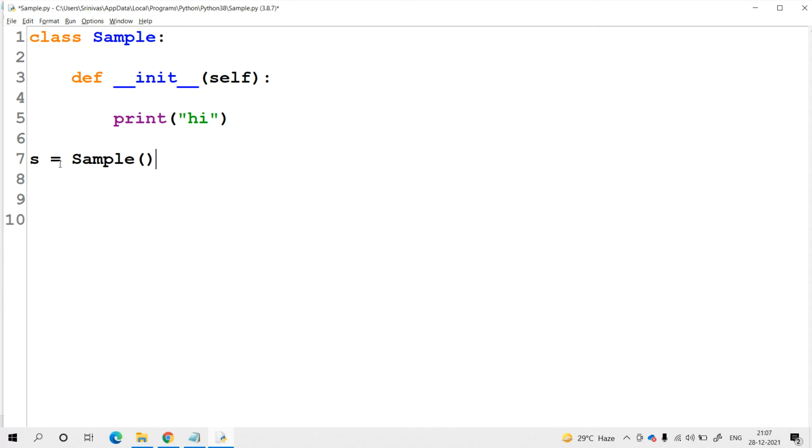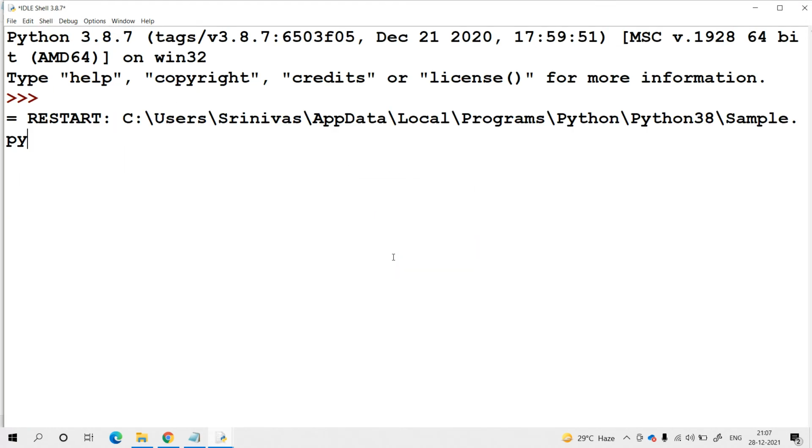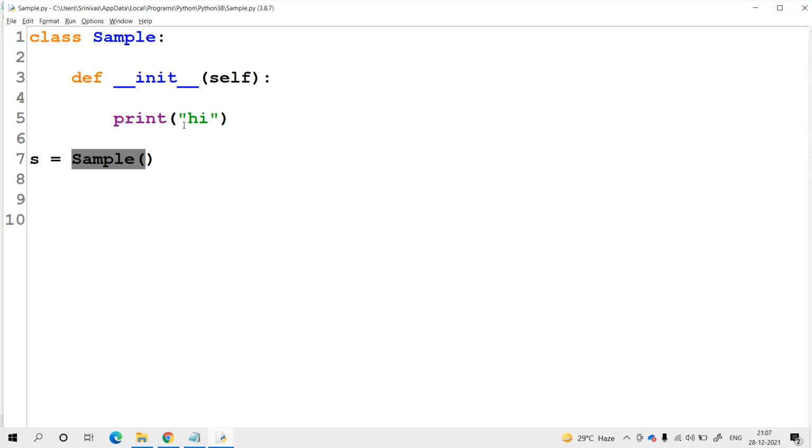Now in the 7th line, at the time of creating the object of the given class, the constructor will come into the picture automatically, and the message that is available in the constructor will be printed. At the time of creation of the object of the class, it will automatically invoke the constructor of the given class. Within the constructor, we are printing one simple hi message that we will get as the output. Try to check it now. Definitely you will get the hi message. The reason is the constructor is automatically invoked at the time of creation of the object.